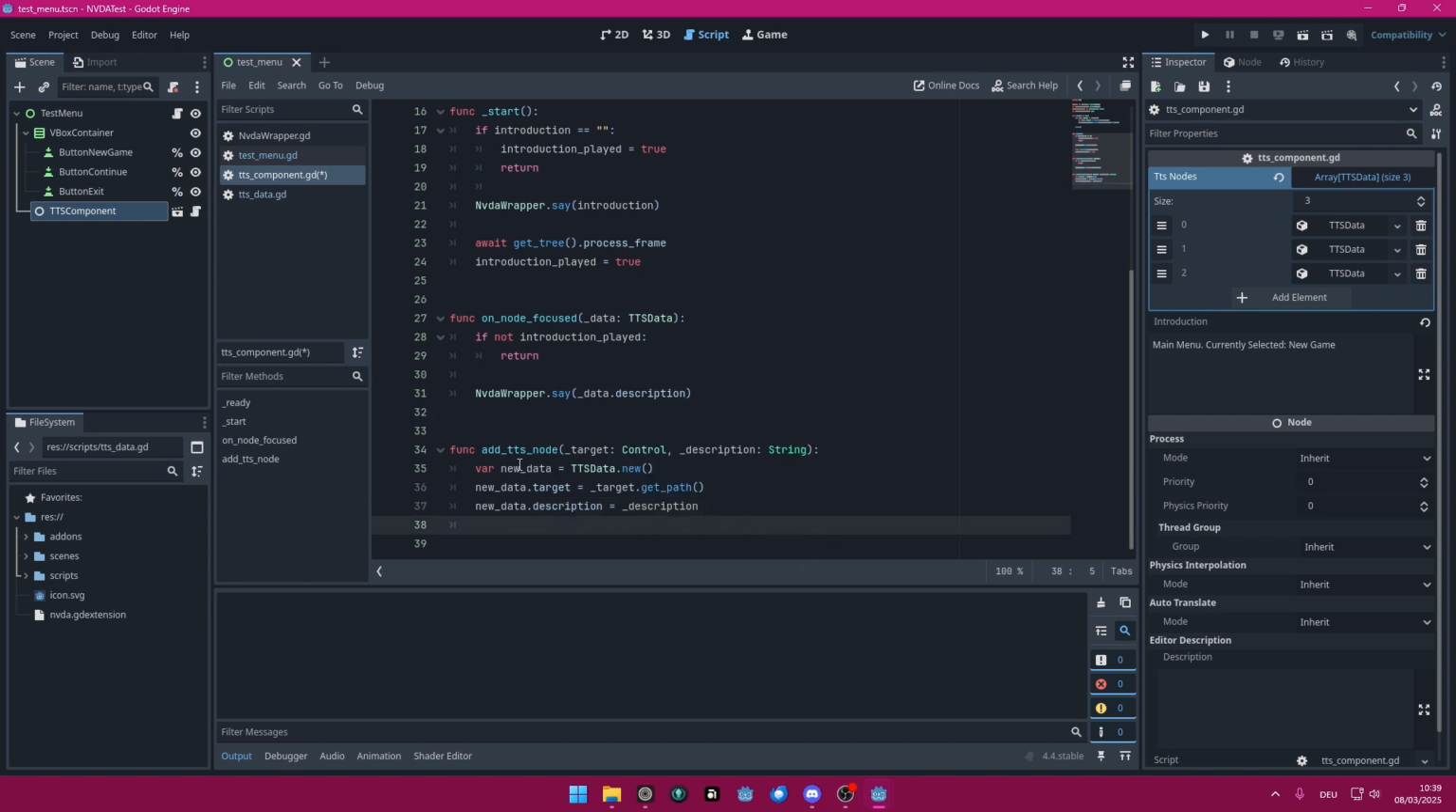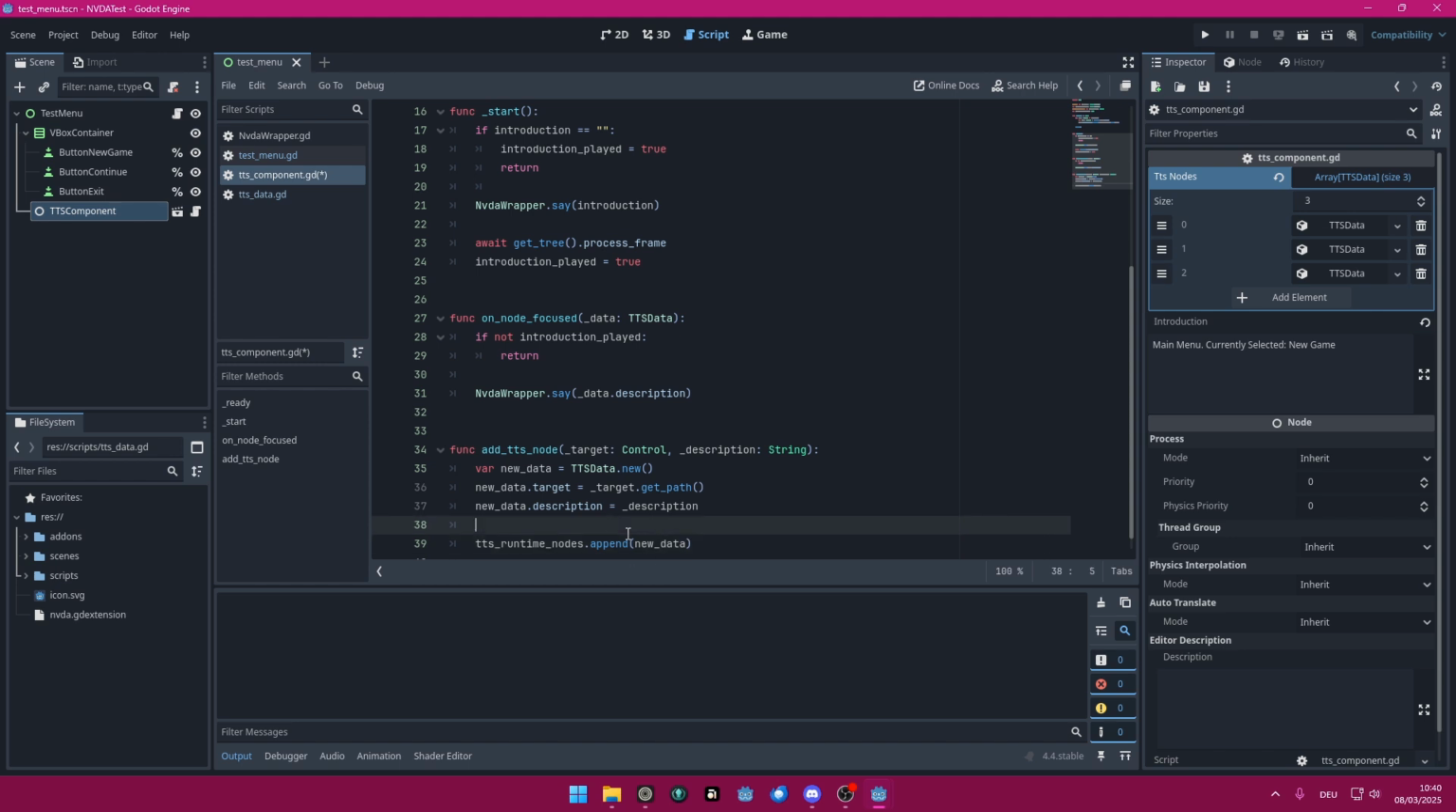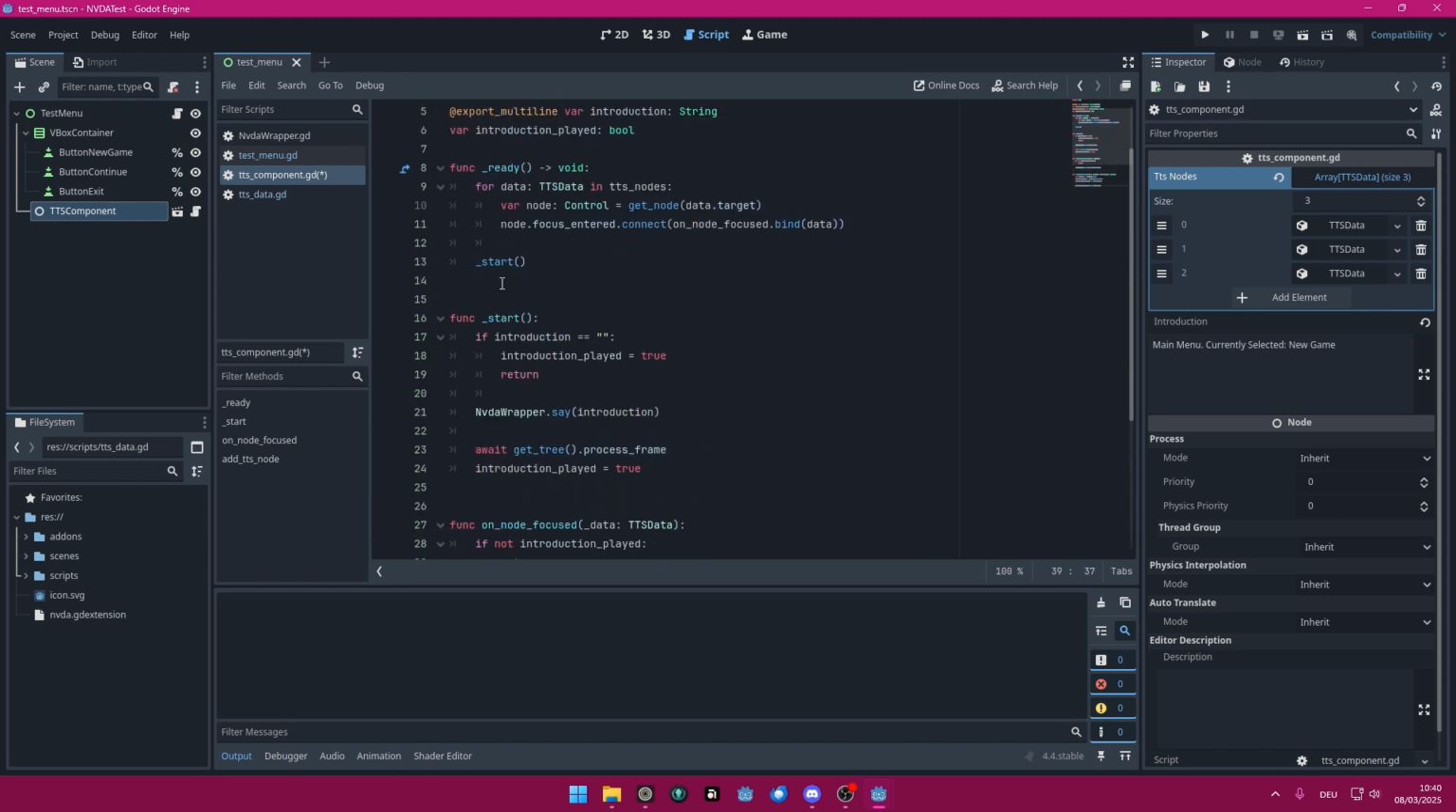And then we have the data, and the data will be lost if we don't reference it somewhere. So we also have to append it to our new array that is just for the runtime nodes. TTS runtime nodes append our new data. And now what else do we have to do? The same thing that we do up here is actually connecting the focus